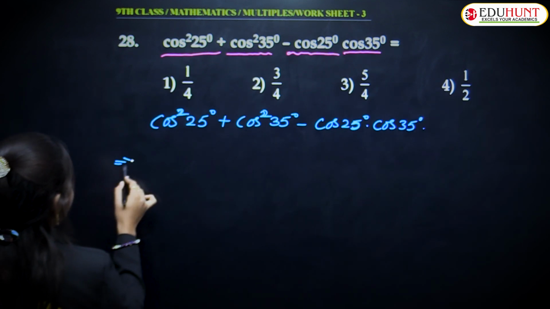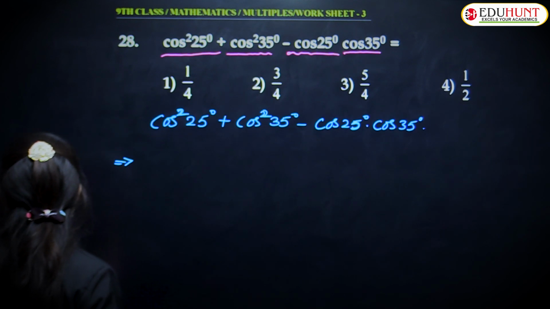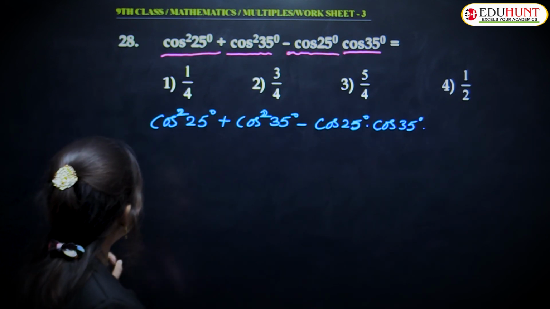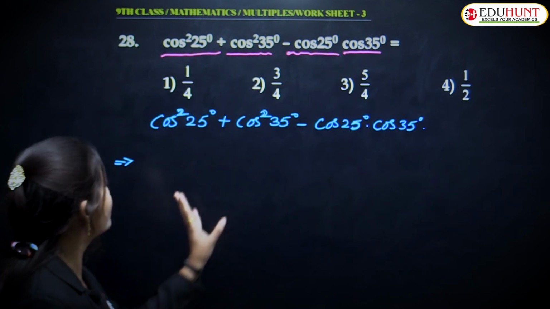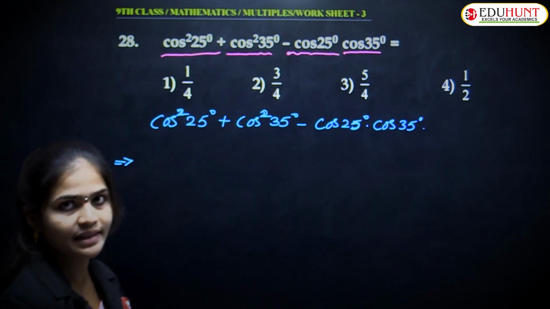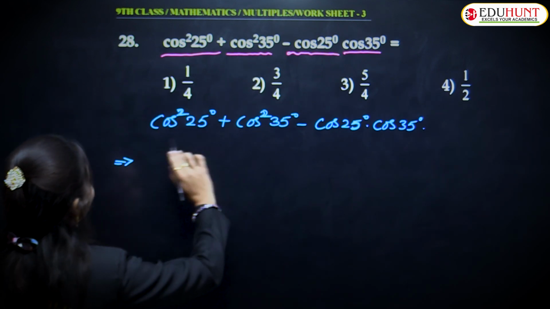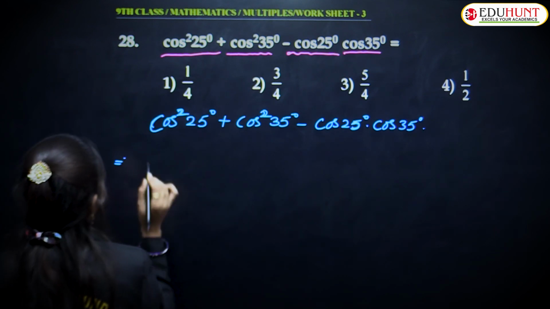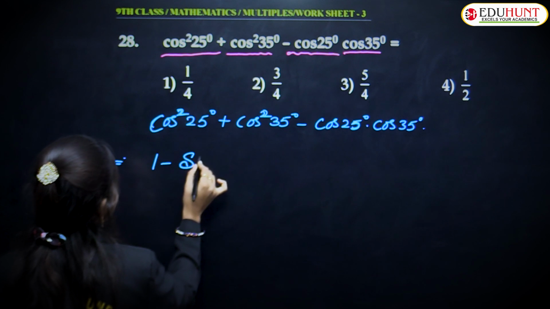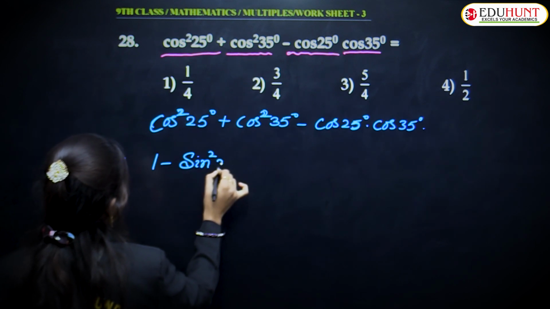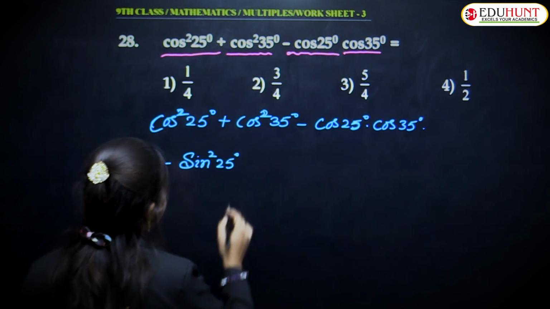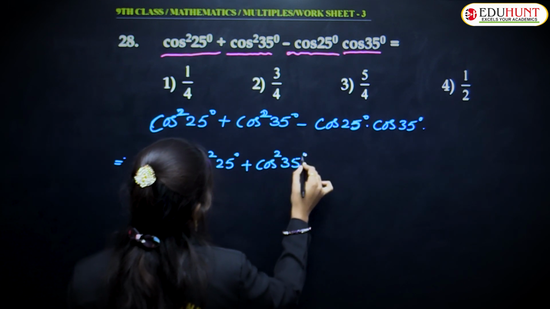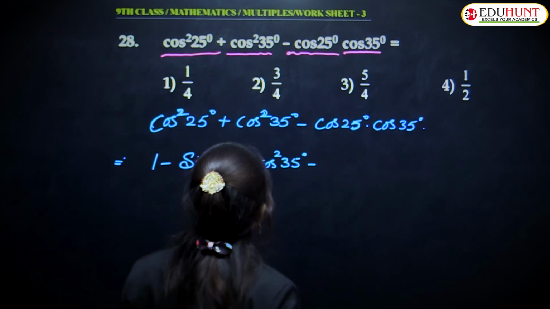But before finding this, first we have to observe which one we need to change in terms of sine. See here, first I want to write cos square 25 degrees as cos square theta equals 1 minus sin square theta. So 1 minus sin square 25 degrees plus cos square 35 degrees minus